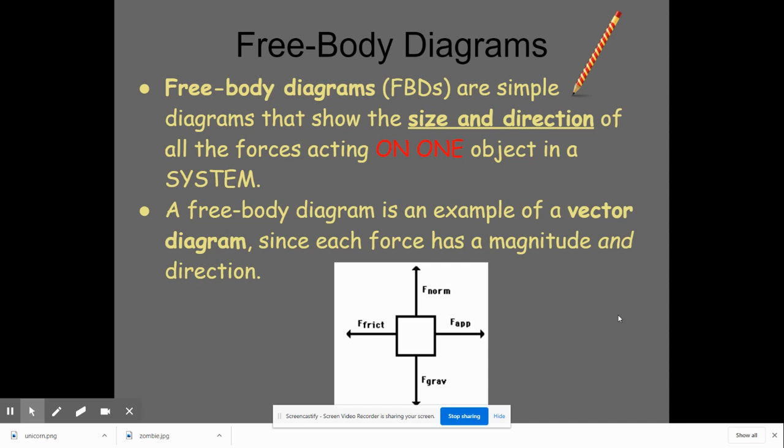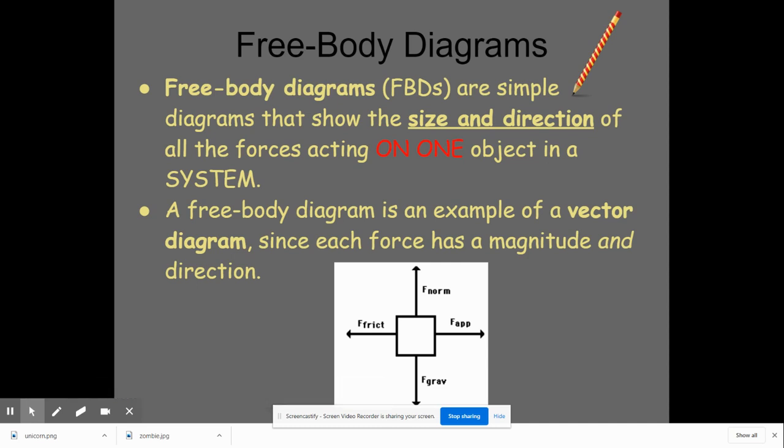I love them. Here's why. Number one, I get to draw a box to represent whatever object I'm talking about. And I do not draw well. So if I can draw a box and be done, I am pretty happy. So a free body diagram shows the size and direction of all the forces acting on one object in a